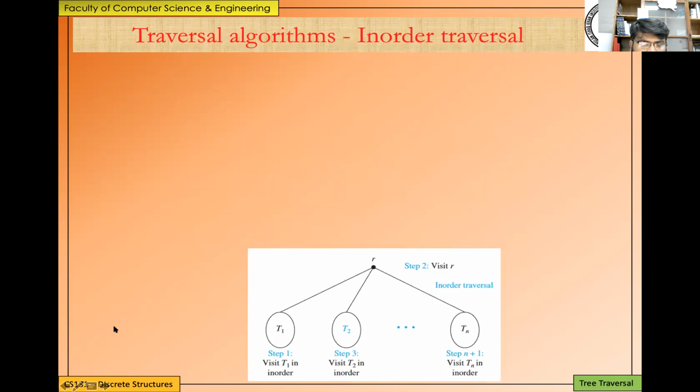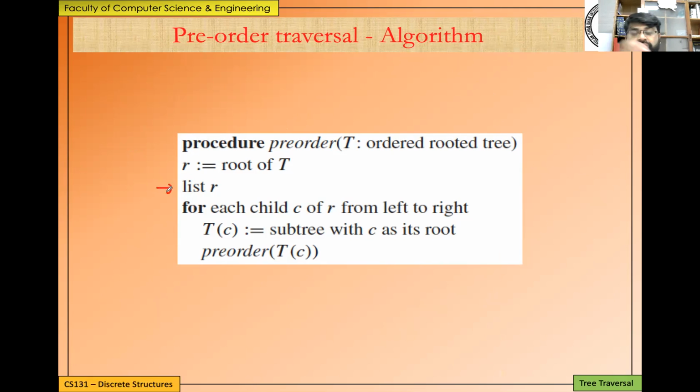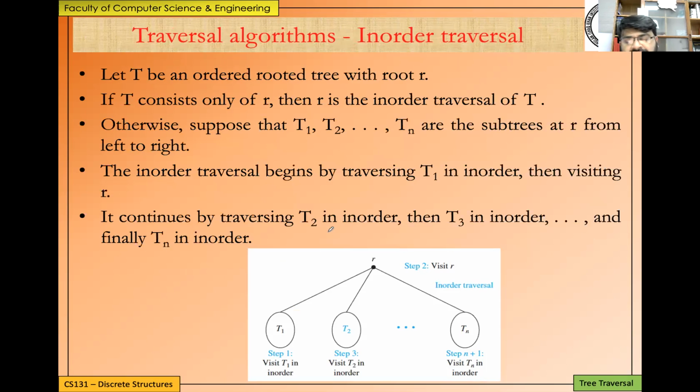So I'll actually use a marker here. So list R, this is the first step, right? We first use R, and then we determine the subtrees in order from left to right, and after you determine each subtree, you perform pre-order traversal for that subtree continuously. So this is the simple algorithm. On the other hand, just like we saw pre-order traversal, we have another traversal which we call in-order traversal. And in-order traversal is very different from pre-order in the sense that